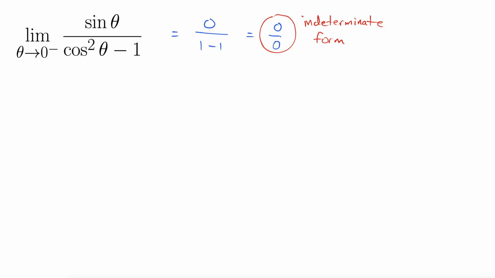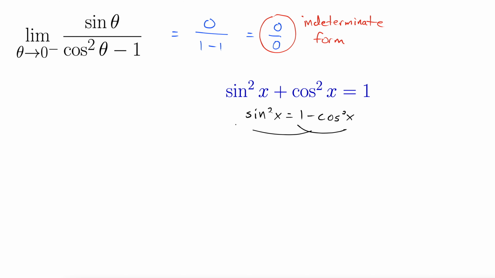Remember that we have the old standard trig identity, sine squared plus cos squared equals 1. And maybe you can start to see what's going to happen from here. We can solve this for sine squared x, which equals, lo and behold, 1 minus cos squared x. So we plug that in up here. That gives us a limit